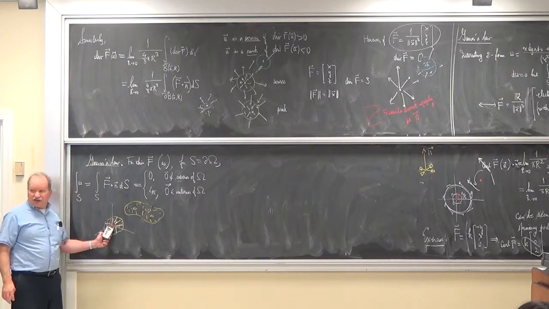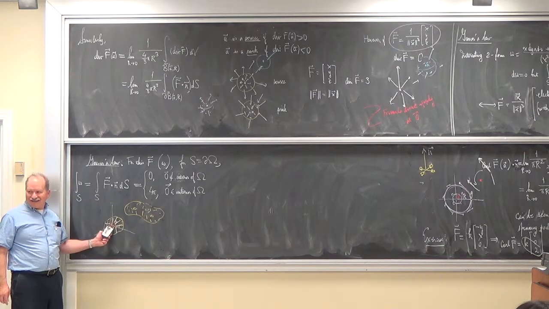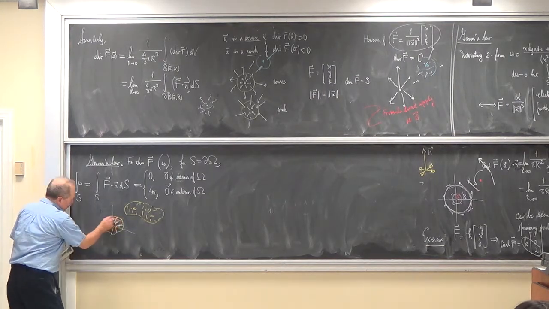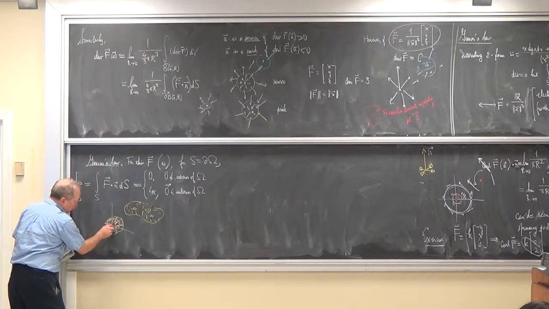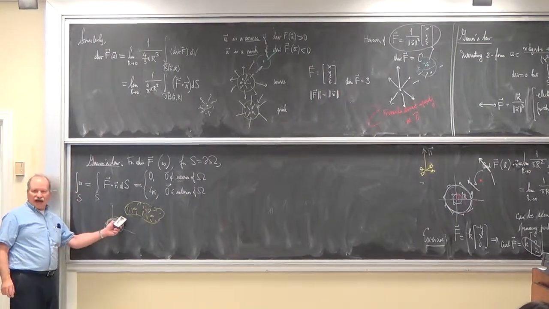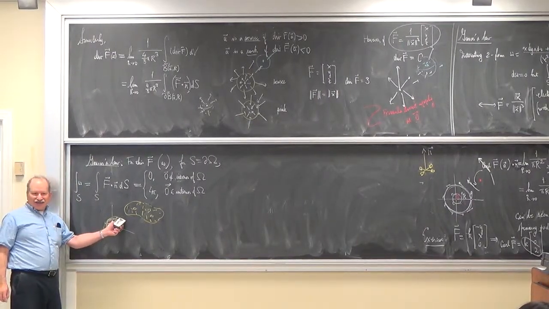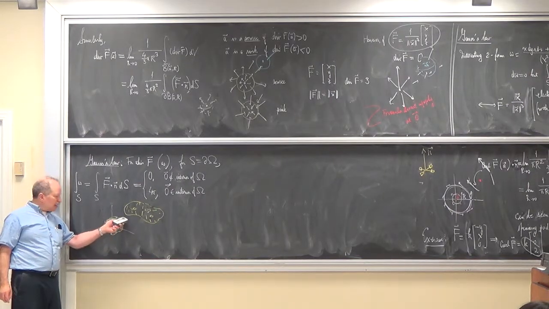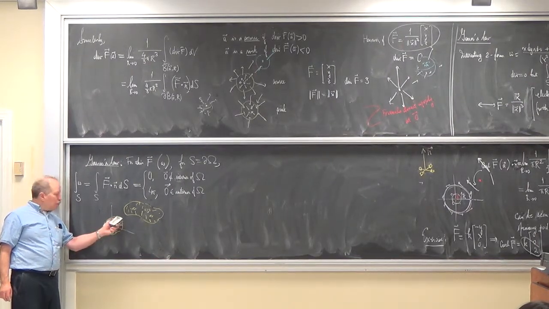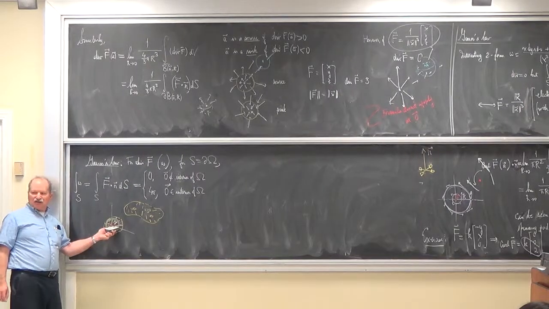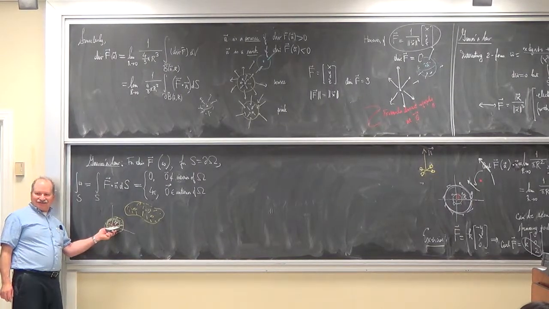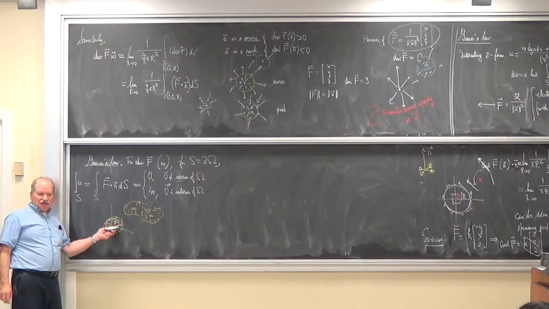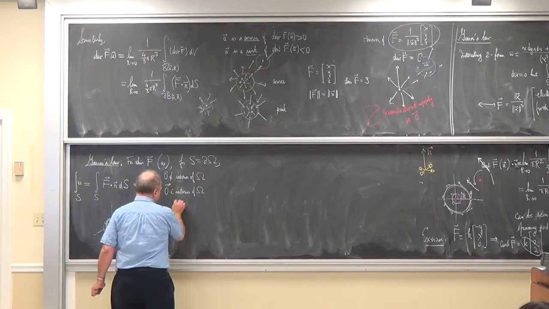You know for a sphere that the answer is 4 pi. Since d omega is 0 everywhere in the region between the sphere and the outer surface, Stokes' theorem tells you that the integral of omega on the outer surface minus the integral of omega on the inner surface is 0, because the orientations are opposite. So it becomes 4 pi. So in the latter case,